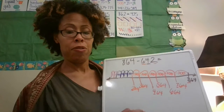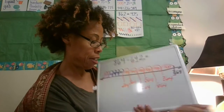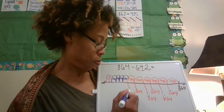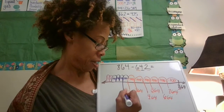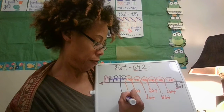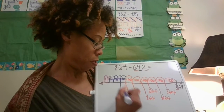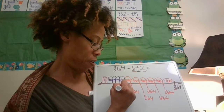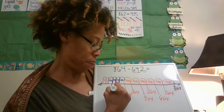All right, so now we're going to subtract 10. This time we're only focusing on the number in the tens place. So 264 minus 10 is 254. 254 minus 10 is 244. 244 minus 10